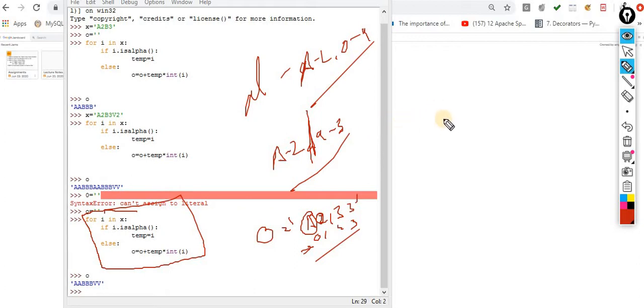You are saying you want to split it. Sir, we use this plus.